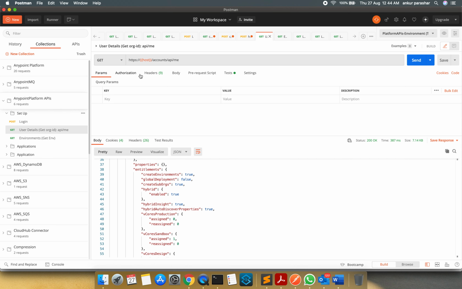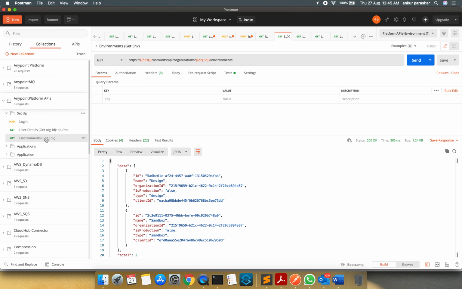Now it looks for authorization and accept under the header. Within the authorization, the same API auth header value which was captured within the previous login API is used directly here, and the result set is created. Now if we go to the third one, which is creating the environment,